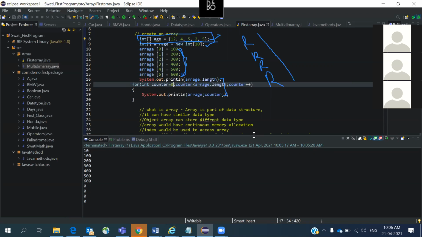Now can you quickly do one quick program? I need to randomly assign some values to an array. Whatever you have done here, these 6 lines, I don't want to do this one. Instead, I want something to load into an array randomly for the 10 elements. Quickly do it. I have 5 minutes of time for you all. Now it's 10:07.